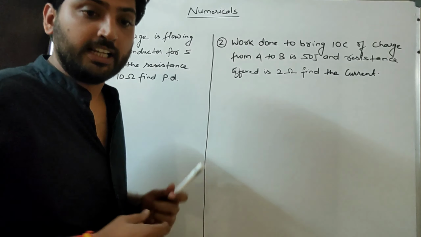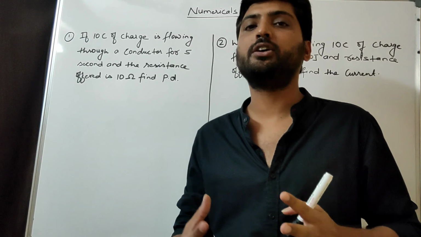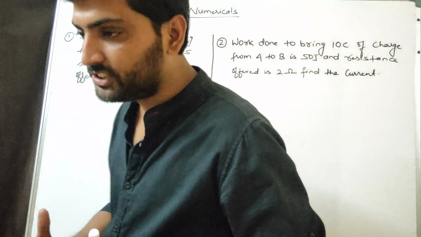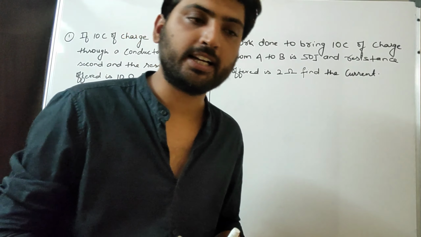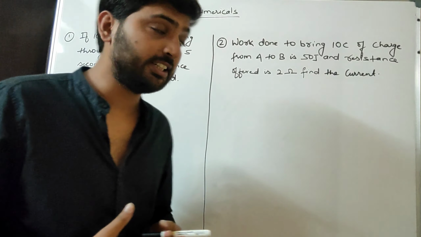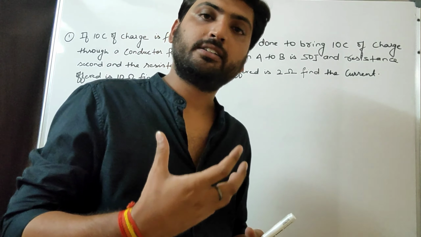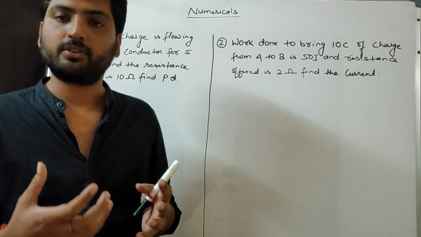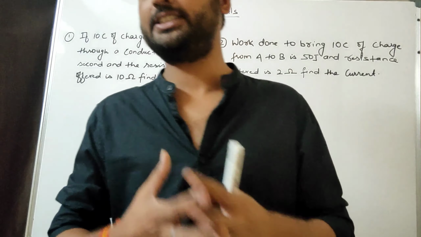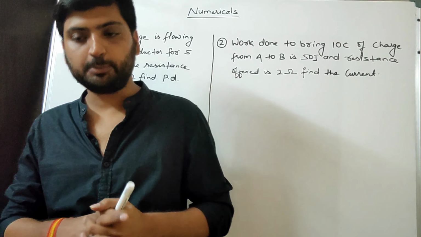Okay. In the previous lecture, we studied the theory of this chapter. The theory was related to charges and then electricity. Electricity means electric current, electric potential, potential differences. Then we studied Ohm's law. After that, resistance, the factors on which resistance depends, and from there we derived the formula for resistivity. Okay, and the factors on which resistivity depends.